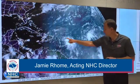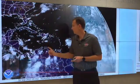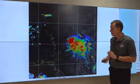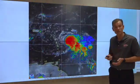So let's start with the big picture so you can orient yourself geographically where we're at. This is Fiona here marching towards the northern Leeward Islands. Southeast United States is up there. Caribbean Sea is here. So if we zoom in so we can see how Fiona has changed since we talked